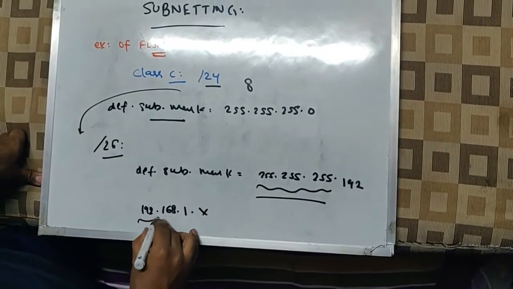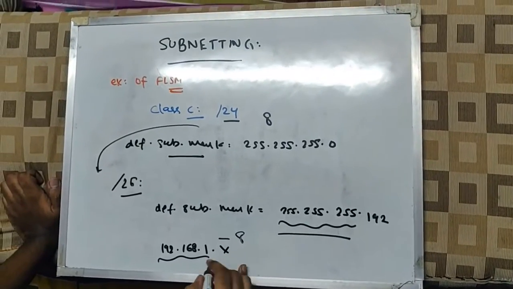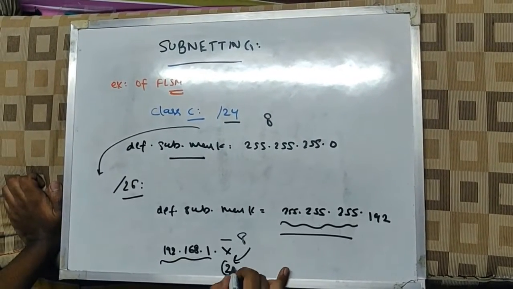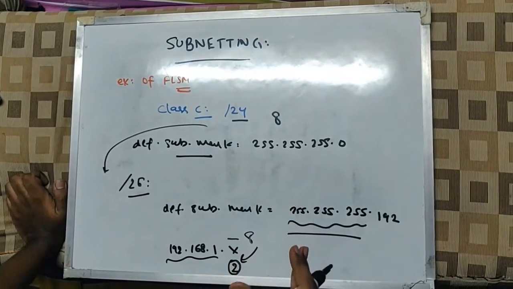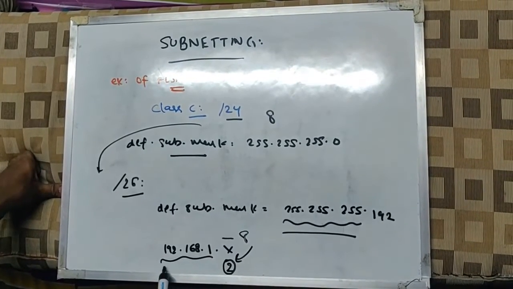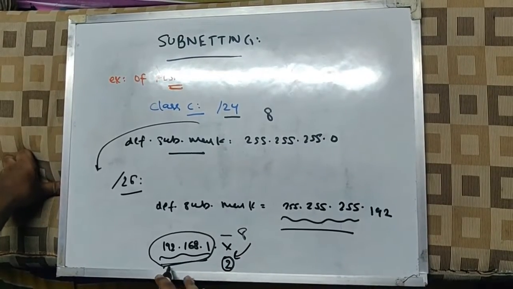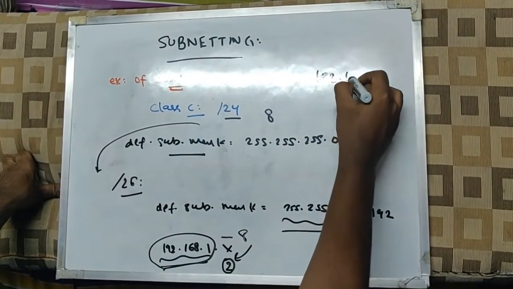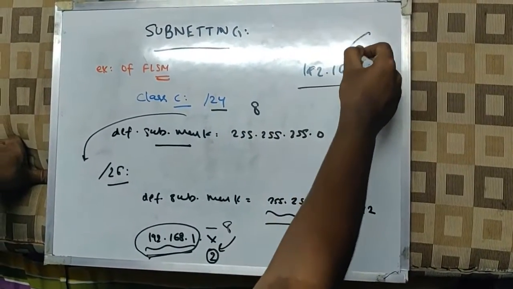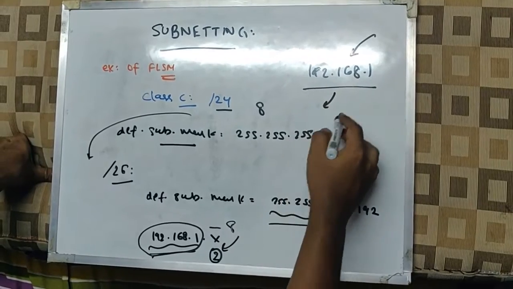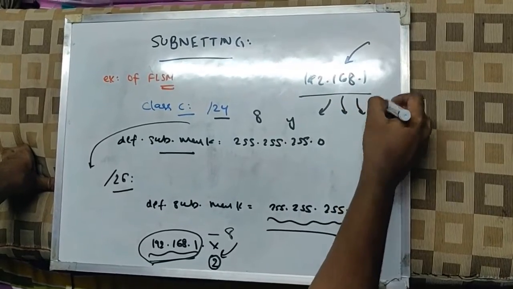192.168.1.x, this part is going to be the same, and from this 8 bits I have actually borrowed 2 bits, and these 2 bits are going to create the sub networks, right? So for an external network, if I use network address translation, this will be the main address that will be searched, like we took an example, right? So this address, 192.168.1, will be searched, and once I reach this address, I have, let's suppose, y number of options to search for those number of subnets.